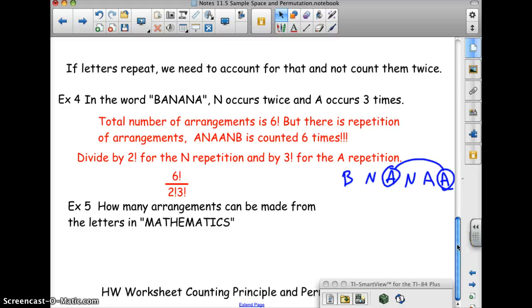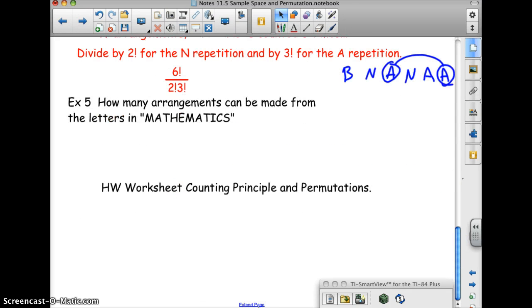We want to divide that away. So it's always going to be the total number over the repetitions. So when you look at, for example, banana, it's 6 factorial over 2 factorial times 3 factorial. All right, and you can evaluate that. We did one like that earlier. Just practicing mathematics. I have 1, 2, 3, 4, 5, 6, 7, 8, 9, 10, 11 factorial over